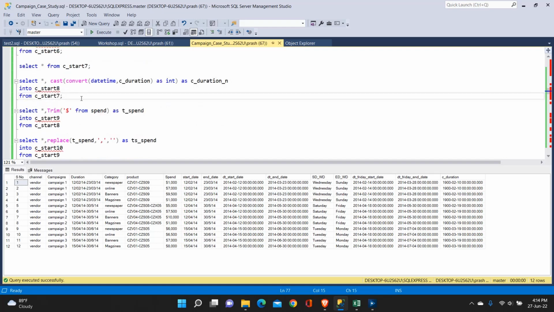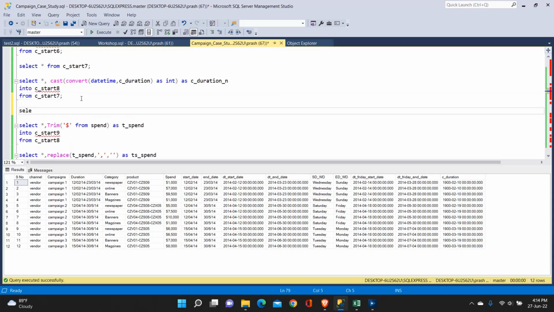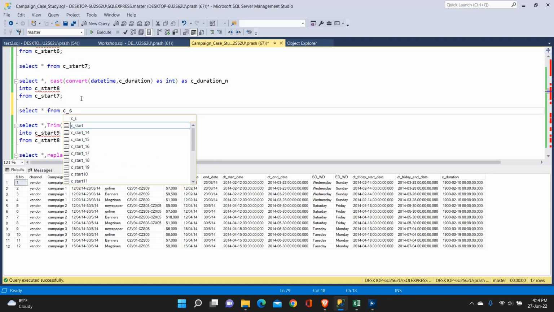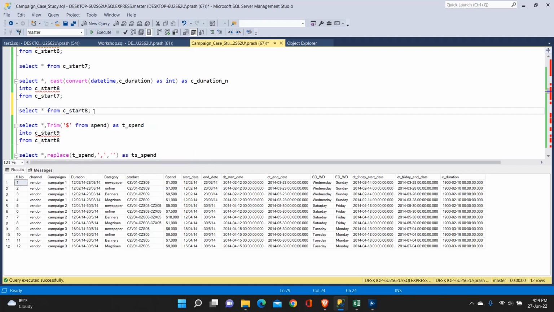Okay, so let me select star from C underscore start 8. Execute. So after doing the calculation and converting the datetime into the integer format, we are getting this number of days,